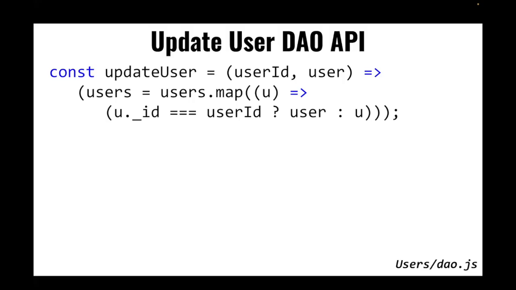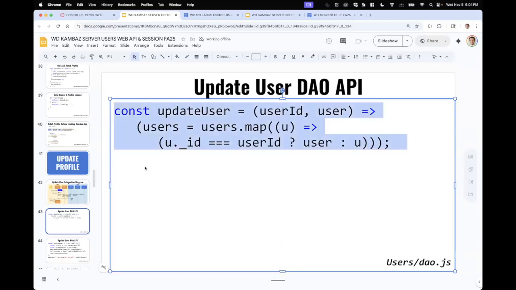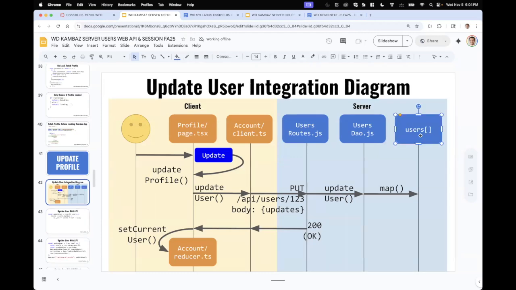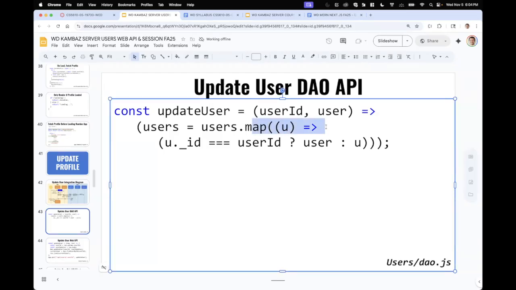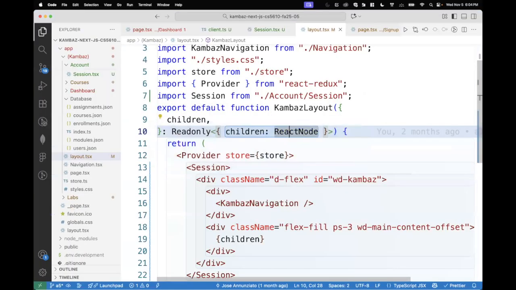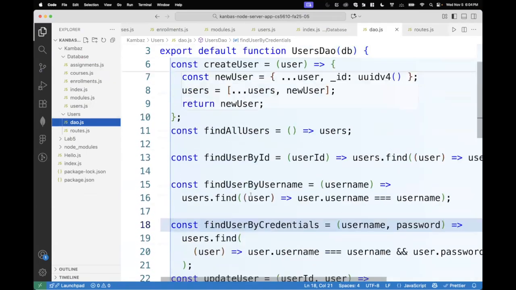All right, so on the DAO side, we are going to compute right over here. You want to iterate over the array and replace the current user. So we're going to iterate over all the users, and if we find the user whose ID matches the one we're updating, we're just going to swap out the user. Okay. So in the DAO for the users, the update